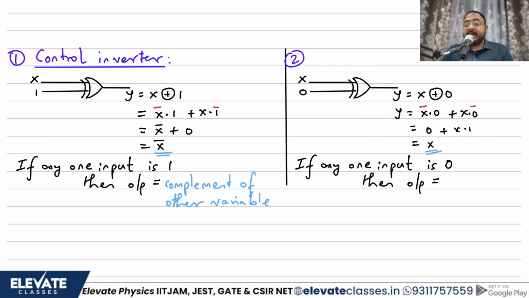So we can say if any one input is 0, then output is equal to the other input. Output is equal to the other input as it is. यहाँ अगर आपने 1 दिया तो 1 आएगा, 0 दिया तो 0 आएगा. That is the output. Here if you give 1 you will get 0. If you give 0 you will get 1. It will be inverter. Okay, this second circuit does not have a name because 1 is not controlling it, 0 is controlling it. I don't know why they are biased against 0, but this does not have a particular name as such. Let's move on to the second gate.